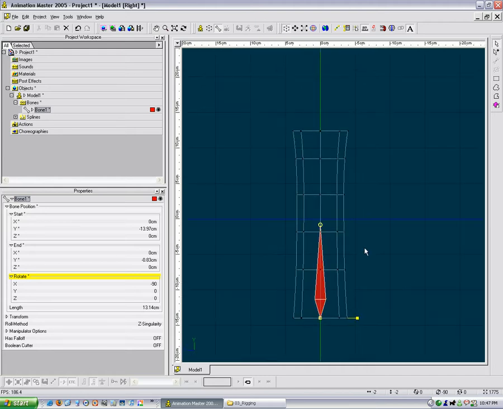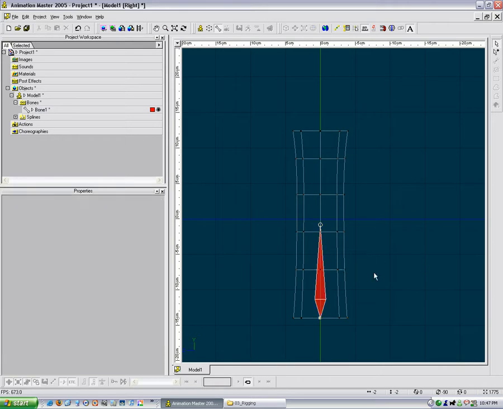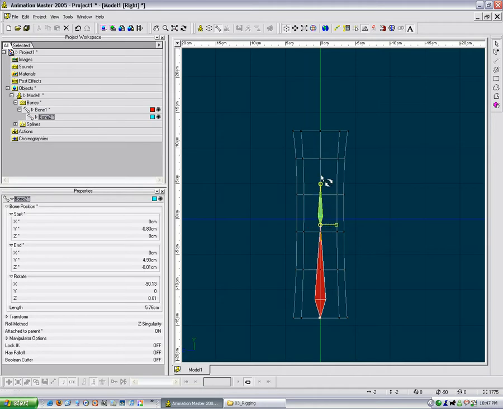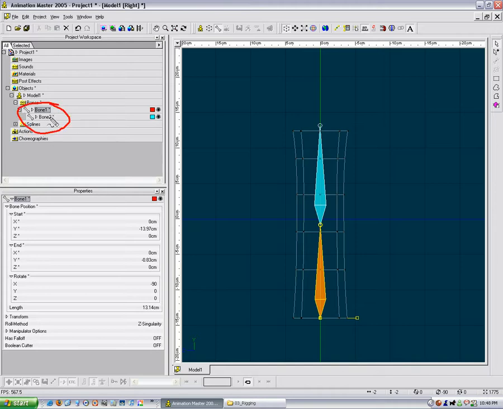Now, if I want to create a second bone, all I have to do is, I just clicked off, but I'll click this. Now there's two ways you can do this. You can click on the bone, hit A again, and then click at the end of the bone and drag out another bone. What that does is it makes this bone an automatic child to this bone right here. If you notice over here, on your screen, bone 2 is now a child to bone 1,